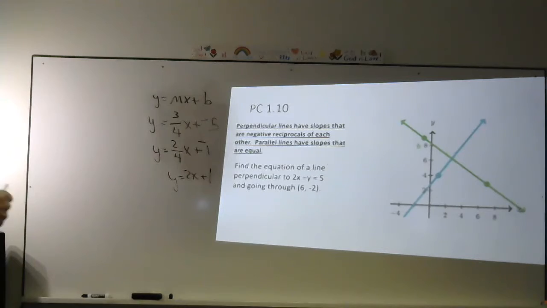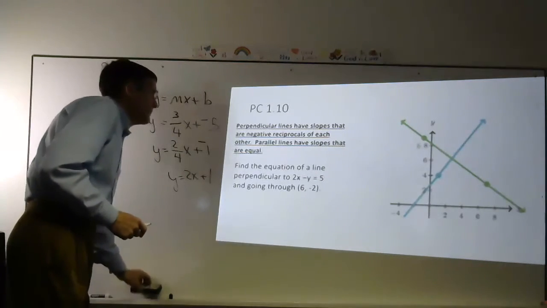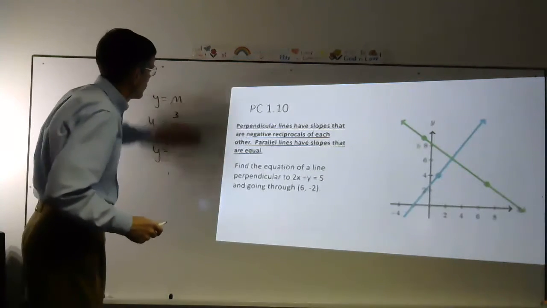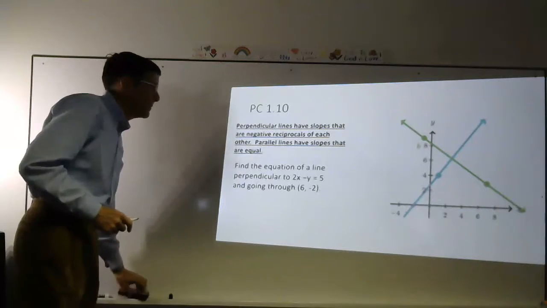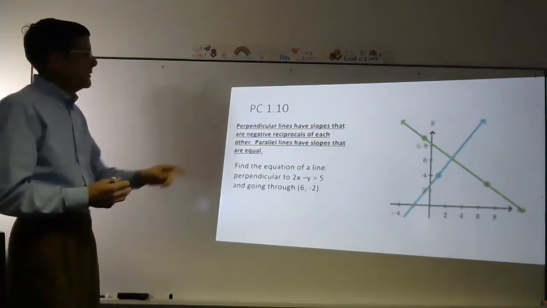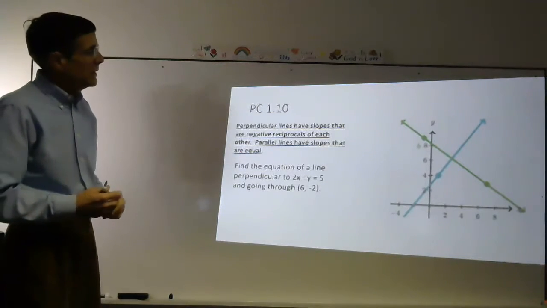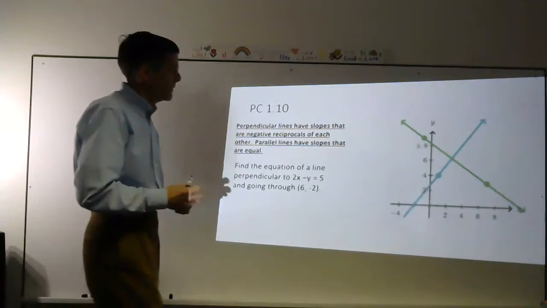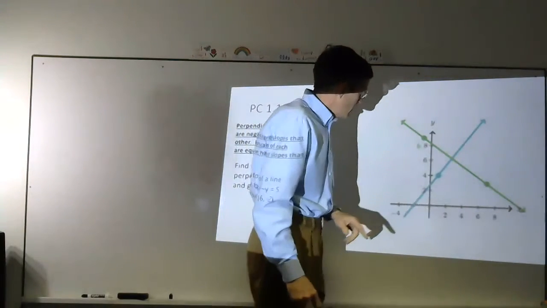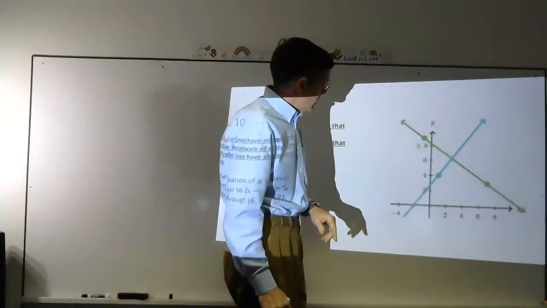Now, perpendicular lines have slopes that are negative reciprocals of each other. Remember reciprocals when you flip it? All right, so for instance, look at the green and the bluish colored line over here. Let's talk about this, okay? If I'm looking at this,